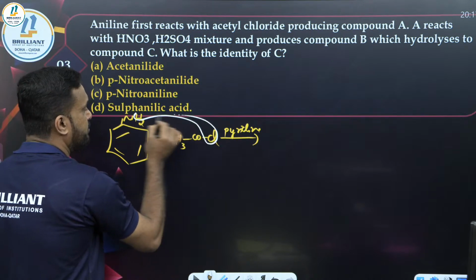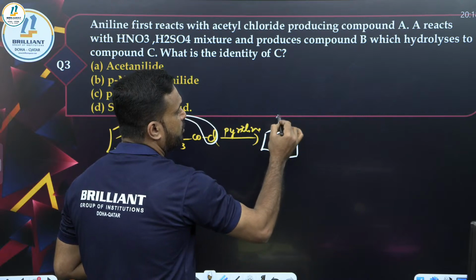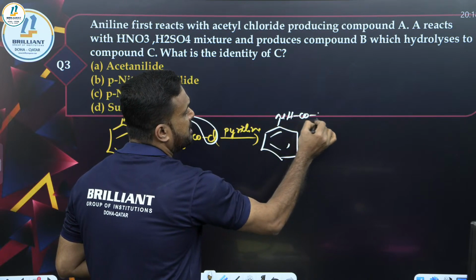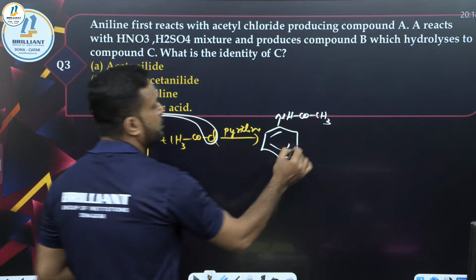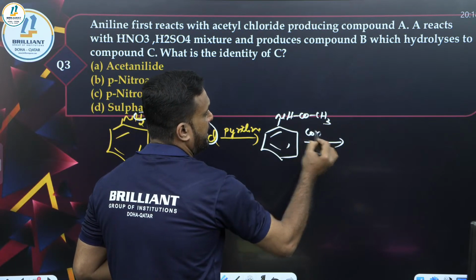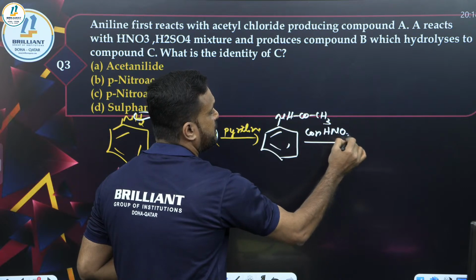One HCl will be removed. Then you will get the product like this one. Here it will be NHCOCH3. Before, we wrote the same product. This compound is going to undergo nitration with concentrated HNO3